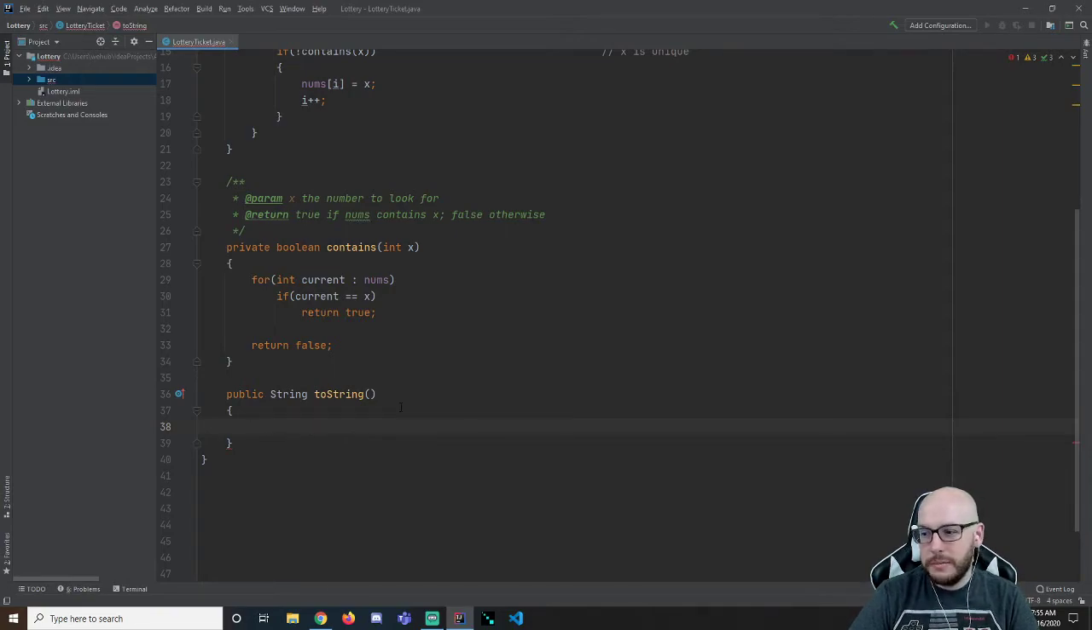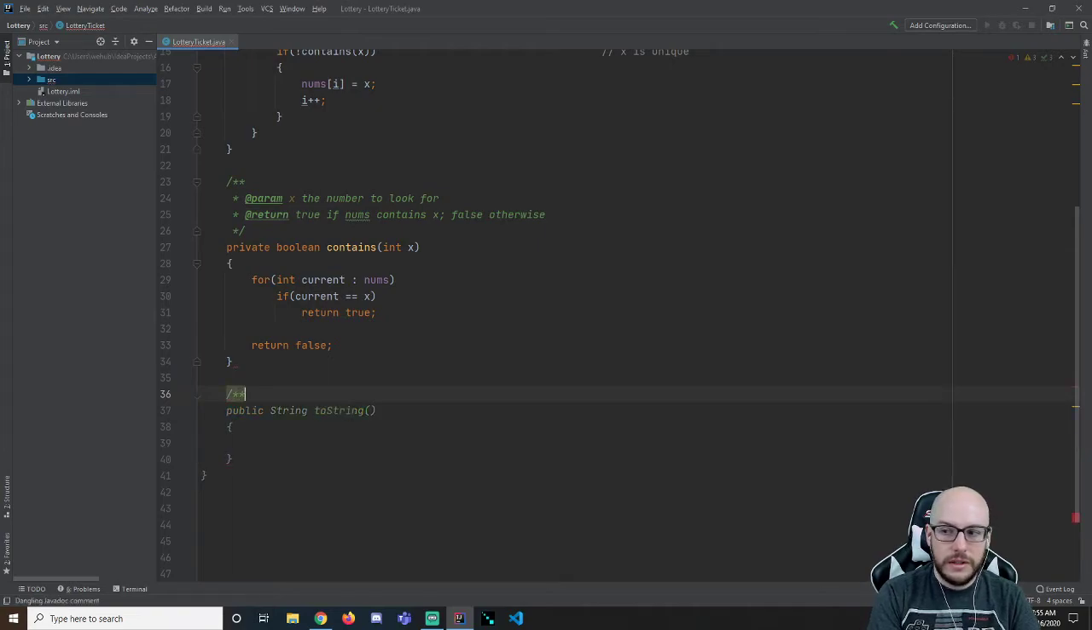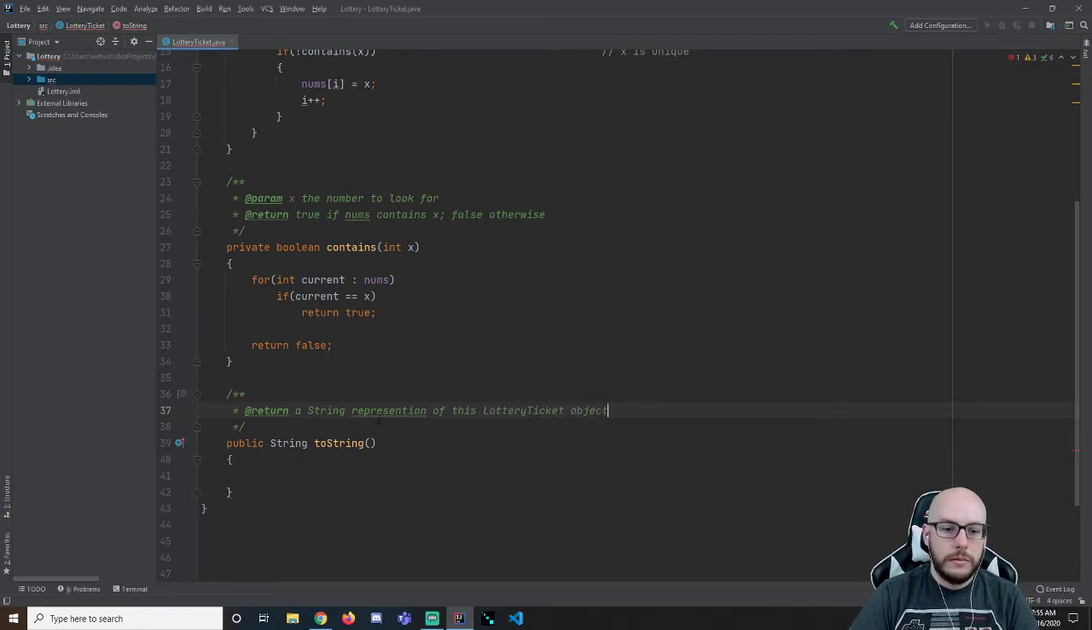I'm thinking we can piece together our lottery ticket so that it looks something like, I guess Javadoc would be a good idea. We're going to return a string representation of this lottery ticket object. Representation. In the format,